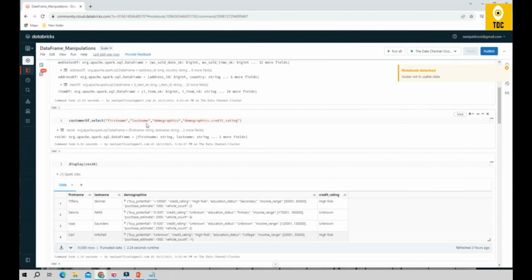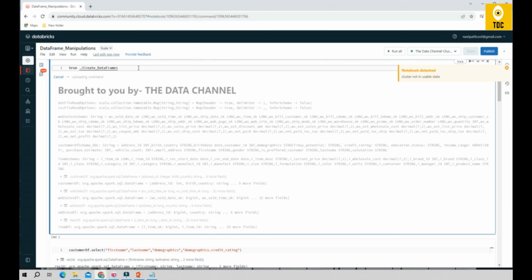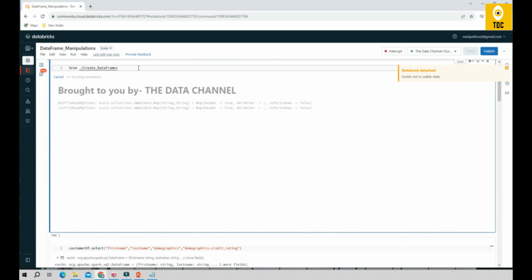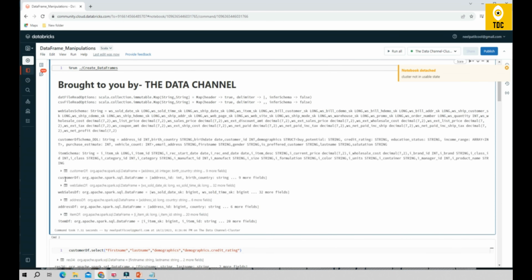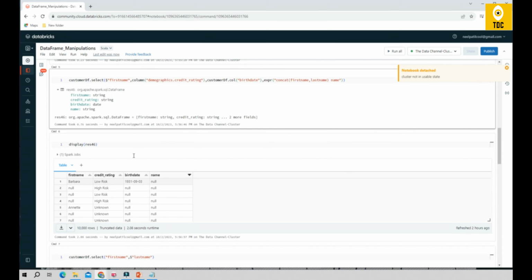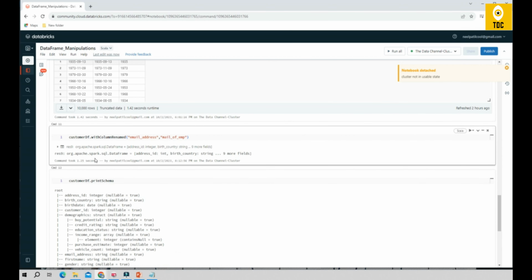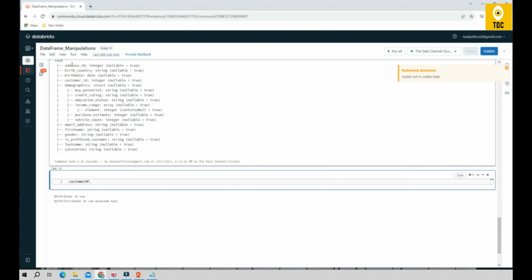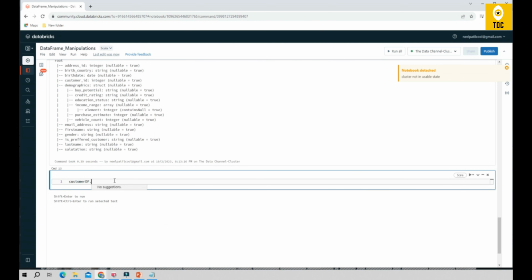Before that, make sure that you run the supporting notebook as given by us, which is the entire setup, so that it will help you in the practice. It creates all the data frames for you, so it will be very easy for you to practice and follow the course. Now coming back, this is a data frame, and now I want to change the address ID from integer to long, right? So now I do customer df dot